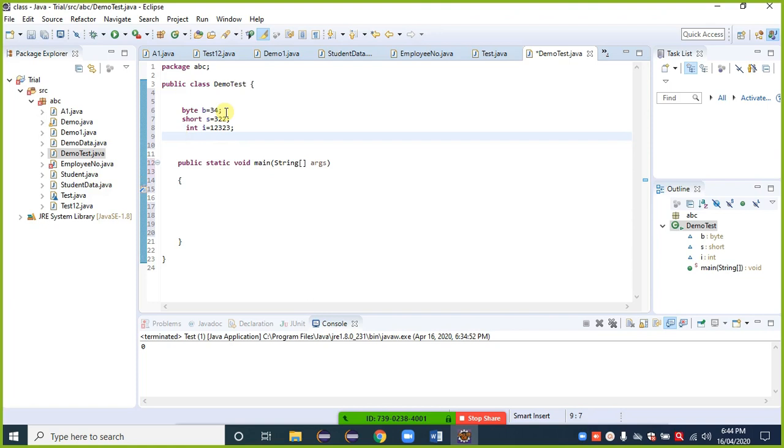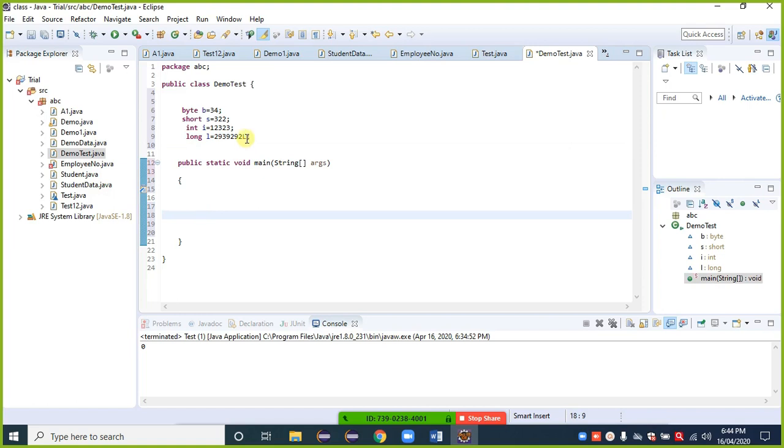Then the next one is long, l is equal to this value. You can observe here that in the case of long, as per the Java syntax, we need to provide a capital L at the end of the value.